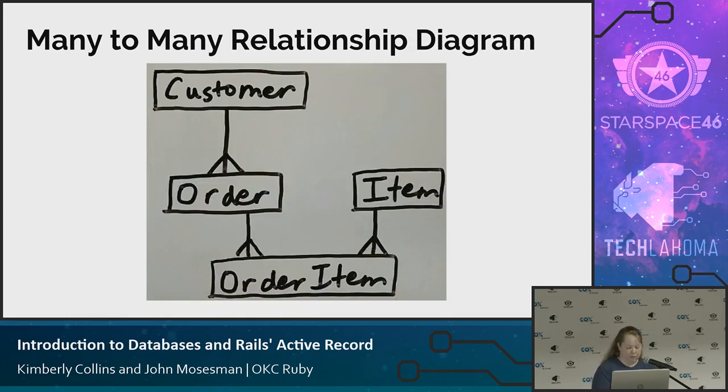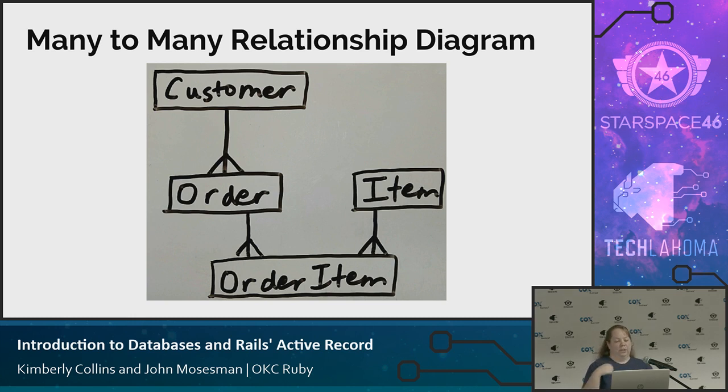So here is a little diagram I've made to show both one-to-many and many-to-many. And this is what I do. People think that it is very high tech and you're on the computer, but I like to step back and literally use a marker board and draw this out. I find that drawing lines between the boxes helps me think more creatively and see things in a slightly different way, because it's not really about the computer, it's not about the database. So pro tip, write the name of your entity first, then draw a box around it instead of the other way around, because the box is never the right size.